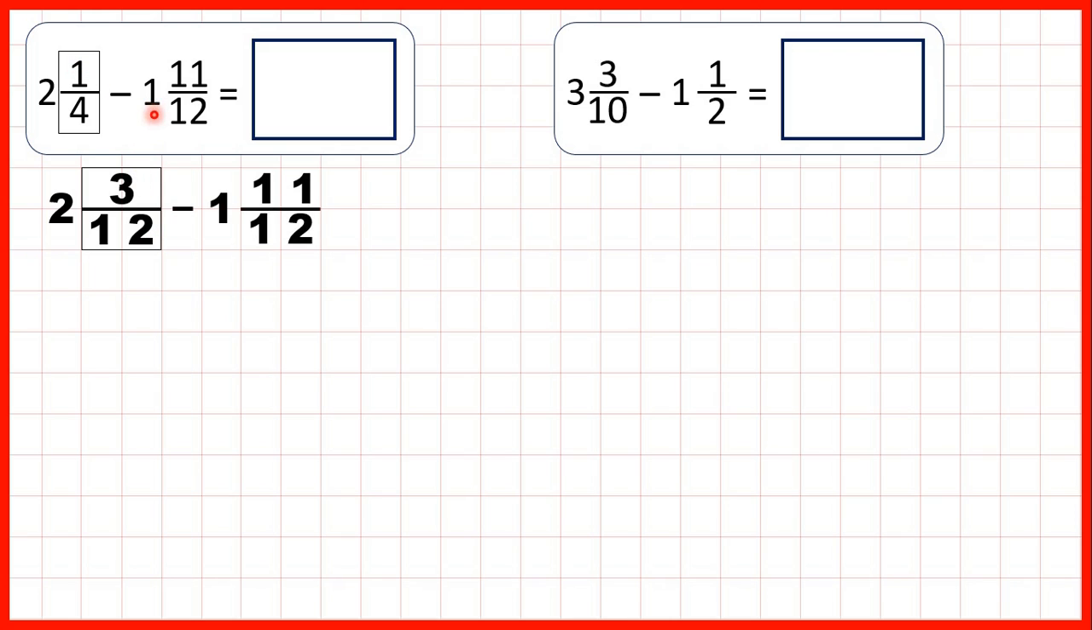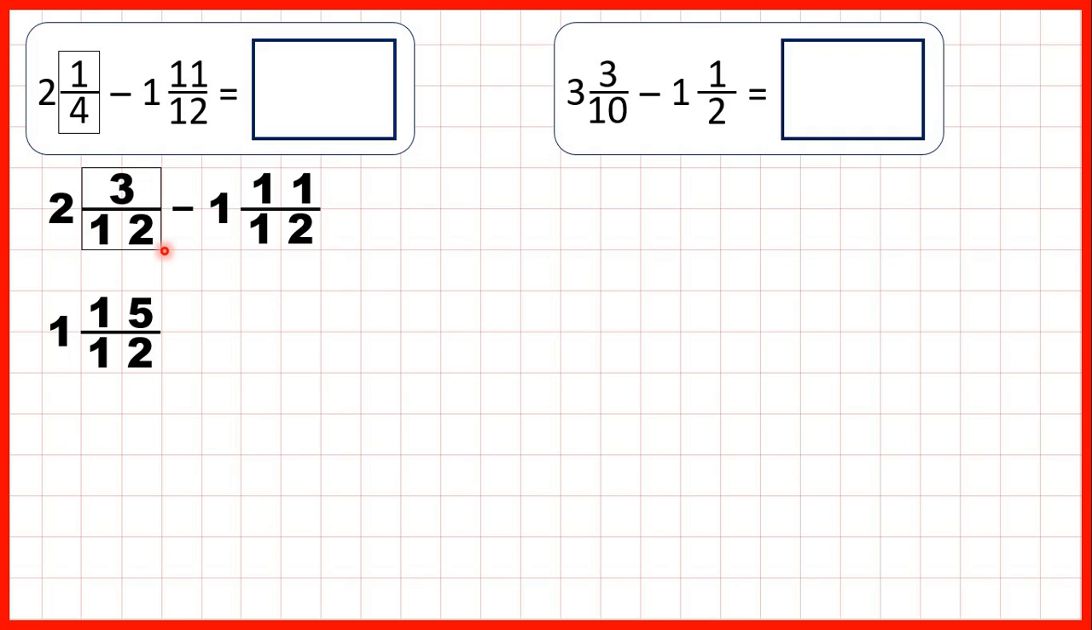But we need to subtract 1 and 11/12, so the fraction in our subtrahend is larger than the fraction in our minuend. So what we can do here is exchange 1 whole for 12 more twelfths. So 1 less than 2 is 1, and that gives us 12 more twelfths, so we can add the denominator to the numerator. 12 plus 3 is 15, the denominator stays the same, so 1 and 15/12 is the same